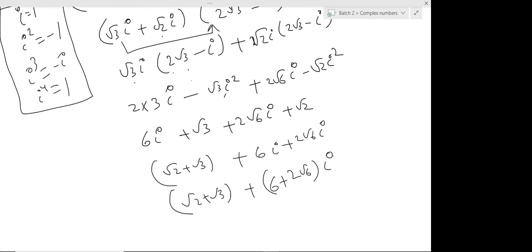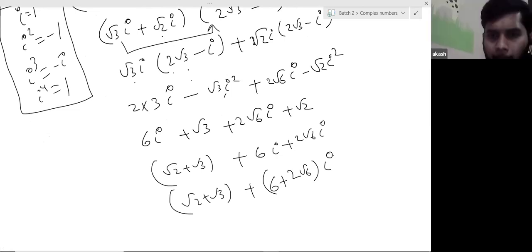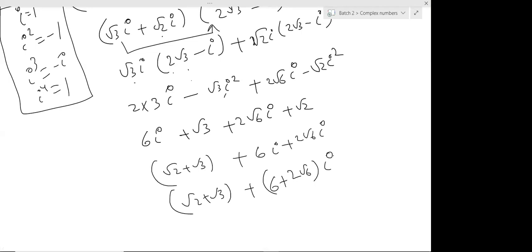Sir, why did you write root minus 3 as root 3i or 3i? See, this is